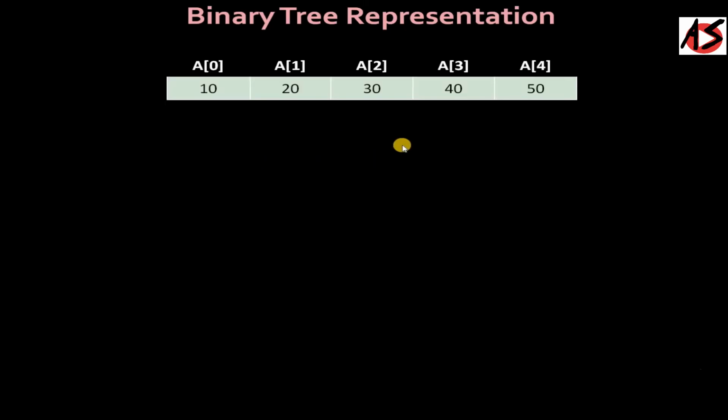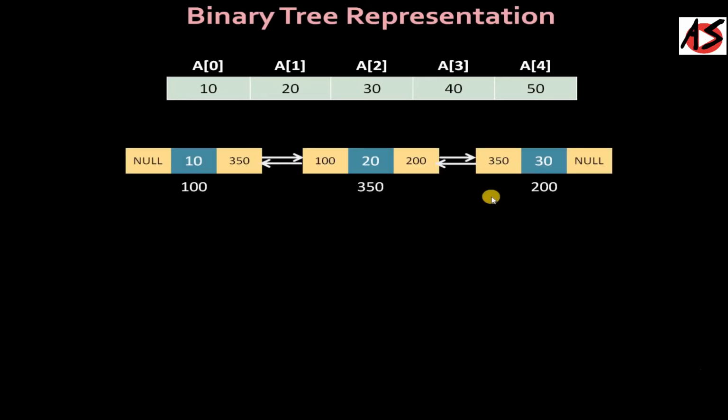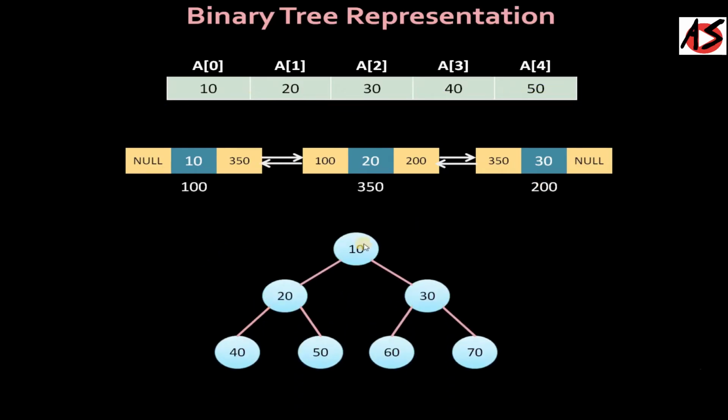In an earlier video, we have seen arrays and linked lists. Arrays and linked lists are linear data structures. So we are storing elements one by one, and elements have a previous element and next element. So it is easy to store in the memory. But how can you store the tree in the memory?